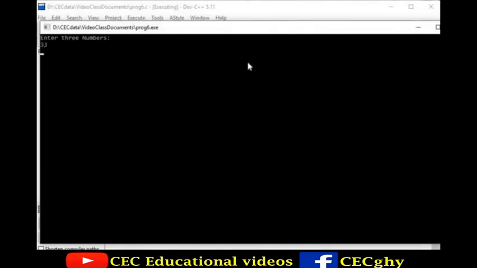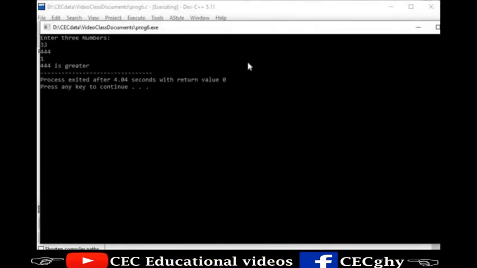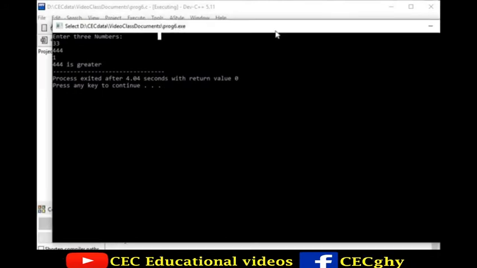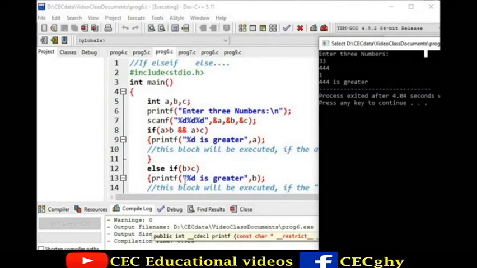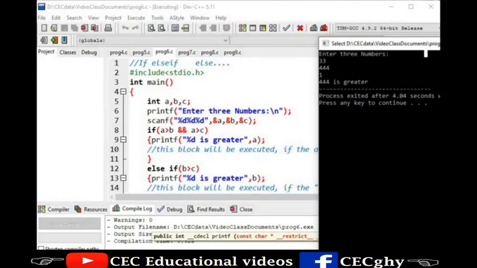See the difference. Here I am giving 33, 44, 444 as the three inputs. Okay, in the first statement it will be false because 33 is not greater than 444, but in the next block, the else if block, B is compared with C, which is correct. So that's why the else if block has been executed. Okay,